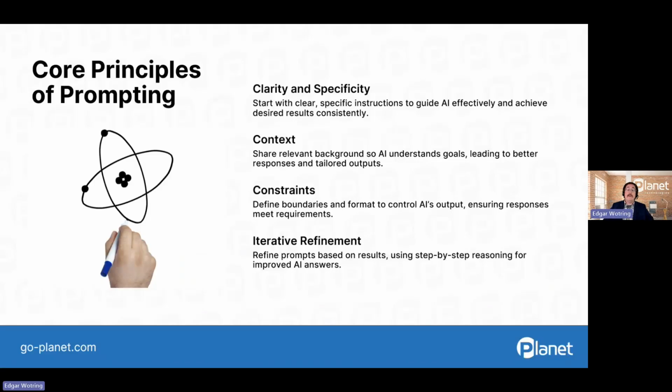When possible, we should also designate constraints. This enables us to define boundaries, and it aims the AI in the correct direction to achieve those desired formats or outputs that we're seeking from Copilot. And finally, I think this is maybe one of the most important here, at least in my experience with Copilot, is that iteration is key. We'll want to refine our prompts or continue that conversation with Copilot based upon the results that it provides us.